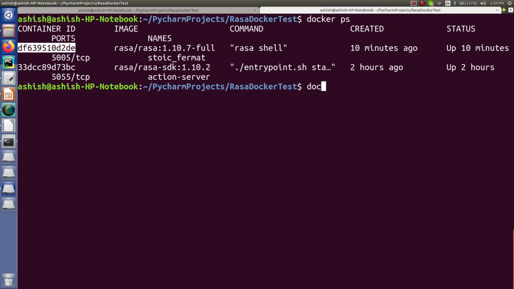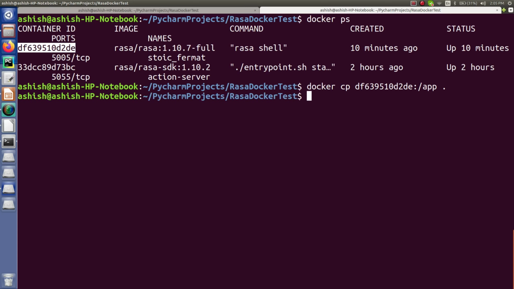And now just type docker cp space, paste it, colon, and after that you have to specify the path from where you want to copy it. So /app. As for where to copy it, I want to copy it to the current directory, so I'm just passing a dot, which means it will copy the content onto the current directory. If you want to copy it somewhere else, you can directly specify a directory for it, so that it can accordingly copy the contents there, right? So I'm just typing dot, and let's see what it will do now, right? Now press enter.